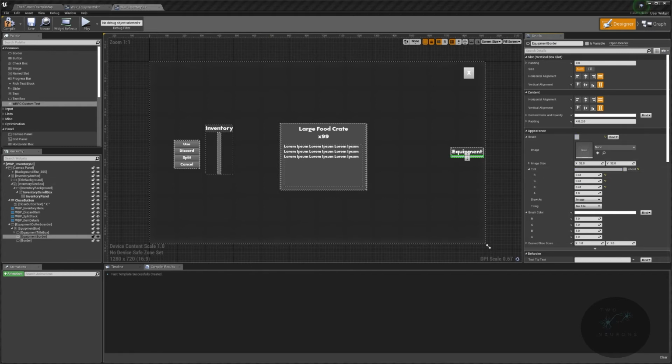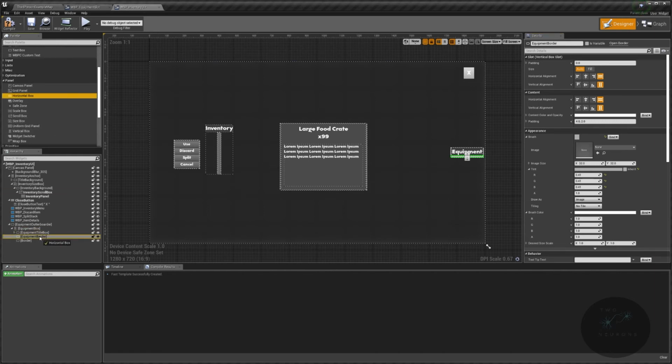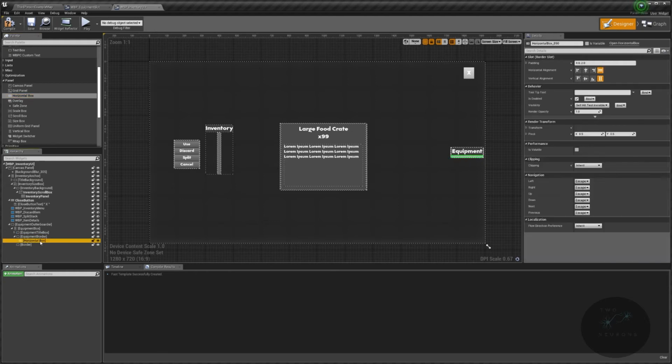So we are going to have inside of here a horizontal box with 3 parts. So let's go to our panels, grab our horizontal box, and drop it into our equipment border. And inside of this, we're just going to name this our primary equipment anchor. Sorry if you can hear my chair squeaking in the background or doing whatever it's doing. And we're going to have in here 3 vertical boxes. So 1, 2,